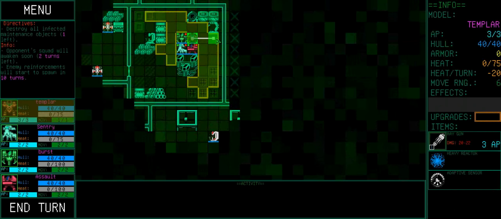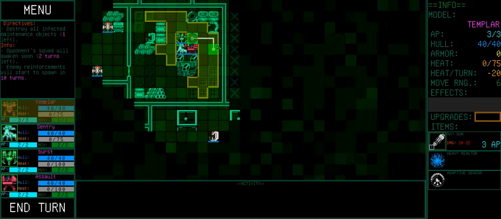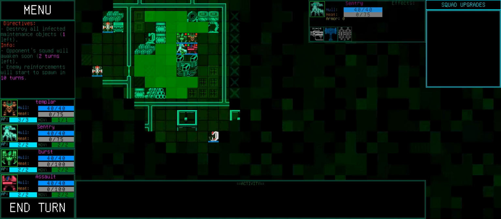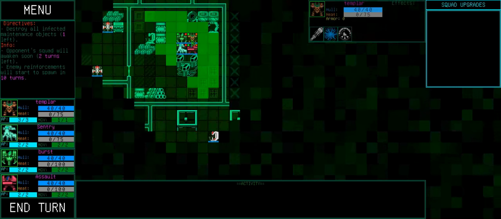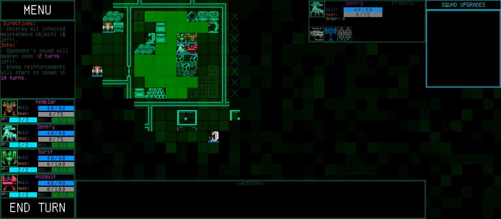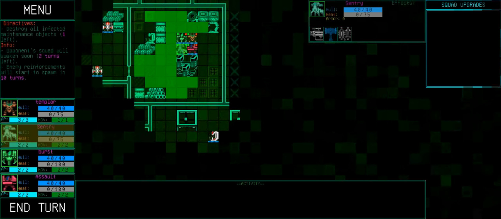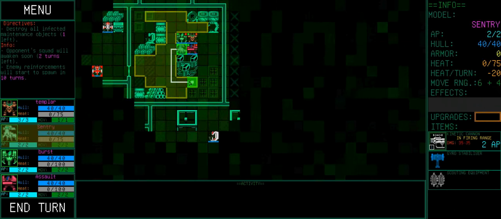So we're gonna move you... Everyone's movement is 6. Templar and Sentry can't... Oh, Sentry can move again. Burst, Assault, and Sentry can all move a second time. Templar's the only one that can't. I don't think I'll be able to get Sentry into a good position. So I'm going to move Sentry up here